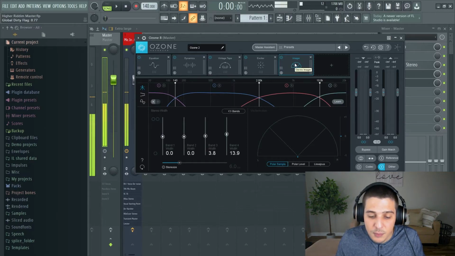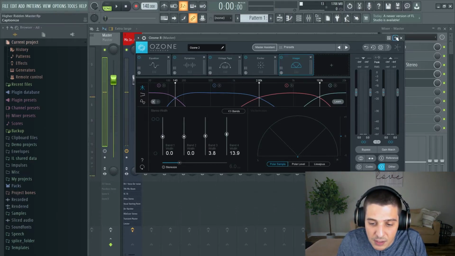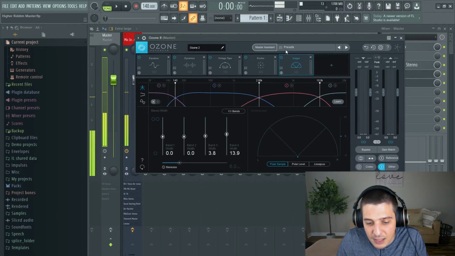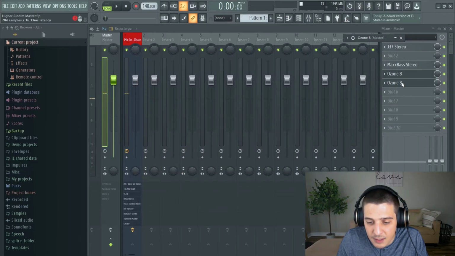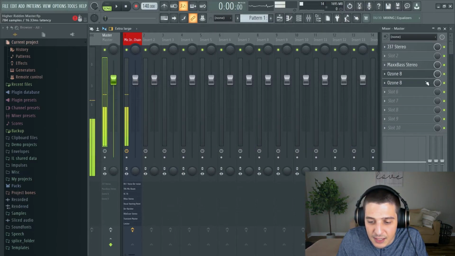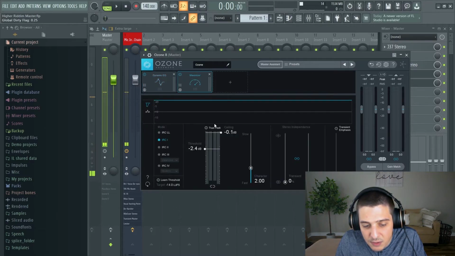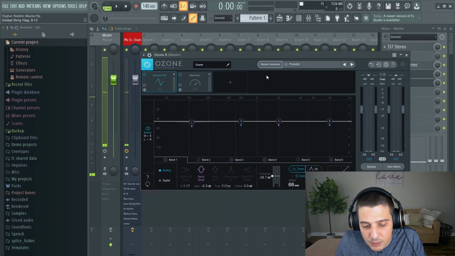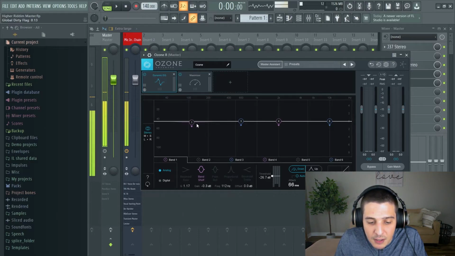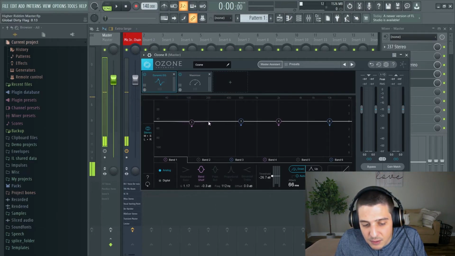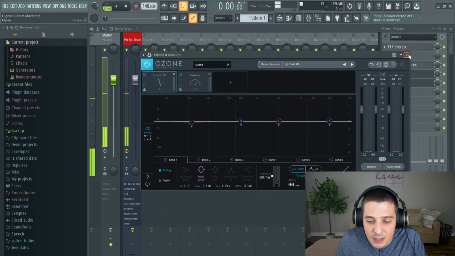So I opened up the top end a little bit. I just wanted a little bit of space at the end. I wanted the track to feel open and shiny. So I did that here with an imager. And then the last thing that I have coming through here is my maximizer, which is basically my limiter, just cutting off at the top. And I was a little bit low mid heavy, like I said, so I added a little bit of compression right here, just taming the low end just a tiny bit.